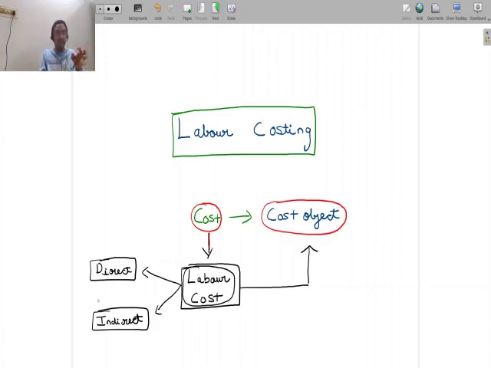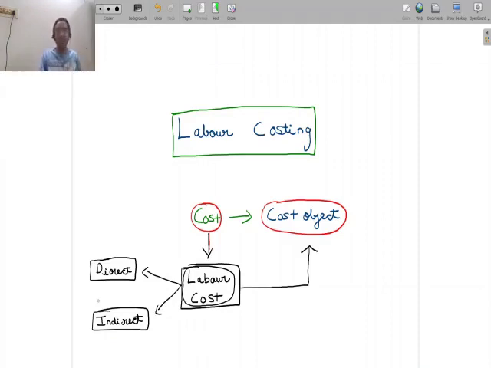Now in that case, the supervisor's pay is now directly related with the factory, because the cost object is the factory. If the supervisor were not to be present, then probably the factory operations would not be happening. So I can now directly trace the supervisor's pay to the factory. Let's say factory 1 has 2 supervisors. The pay to both of these supervisors is directly related to that factory. So now the supervisor's pay also becomes a direct cost. Something in our previous example that was classified as an indirect cost now becomes a direct cost.